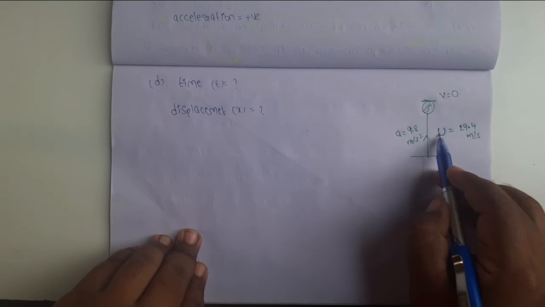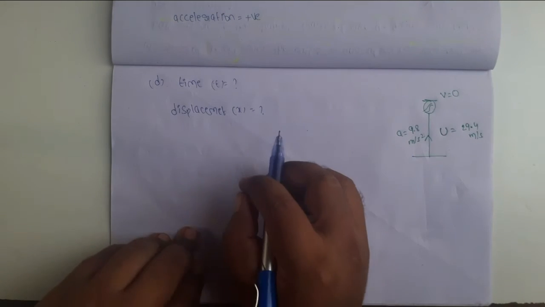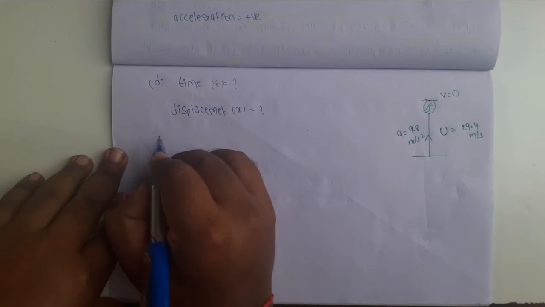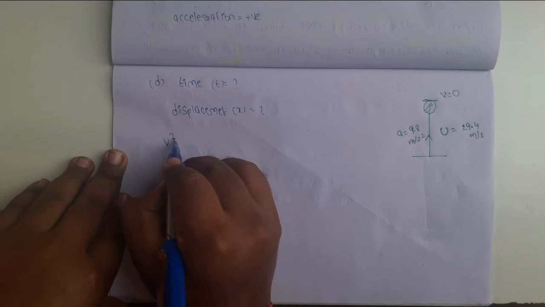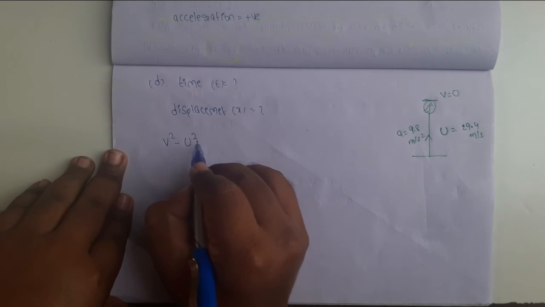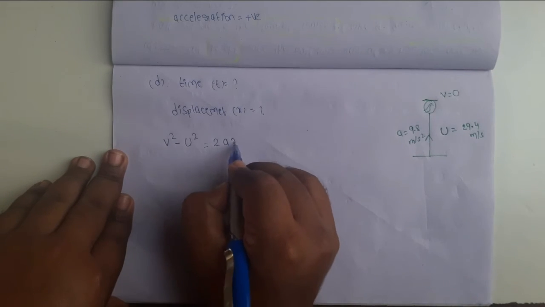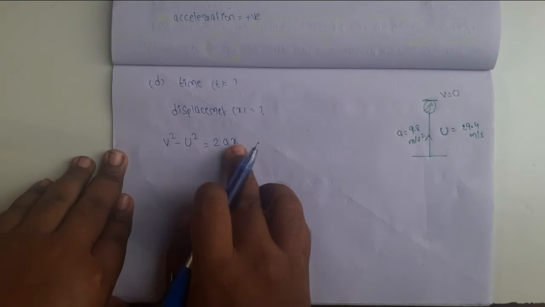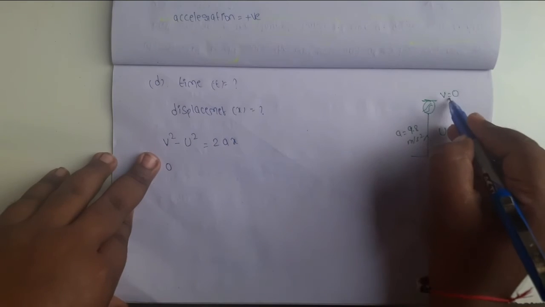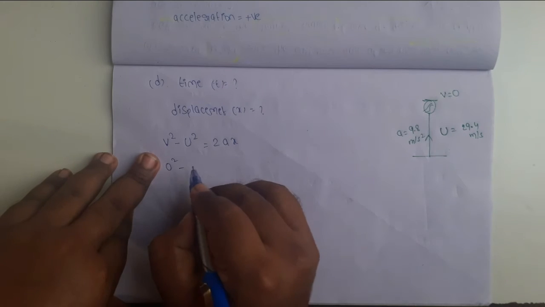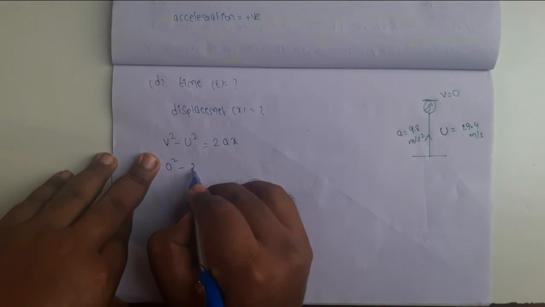Here we know the u value, v value, and a value. So by using the equation of motion v squared minus u squared equals 2ax, we can easily find the displacement value. Velocity v equals 0, this is the final velocity, and this is the initial velocity,